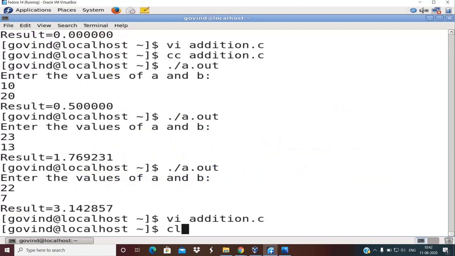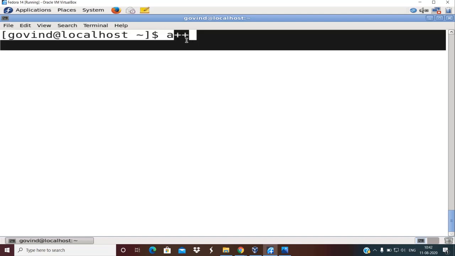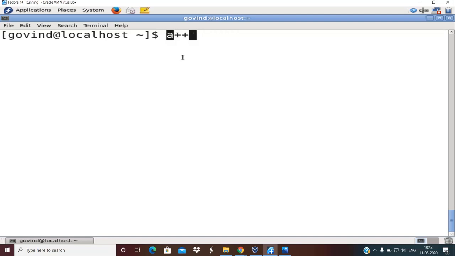When I write a plus plus, it is referred to as post increment, because the plus plus operator comes after the variable a. But how do I specify pre increment? You just need to write plus plus a. Same way, you have a minus minus, and you also have minus minus a.